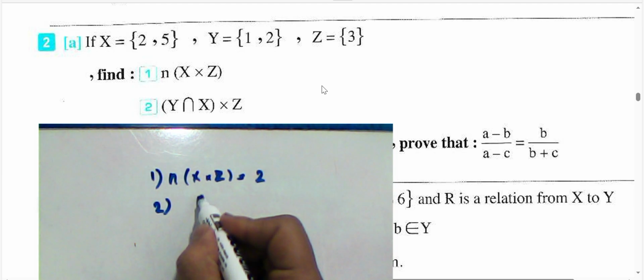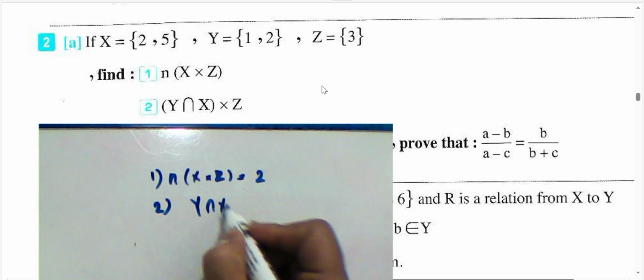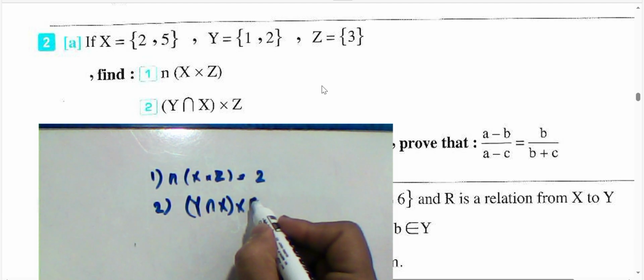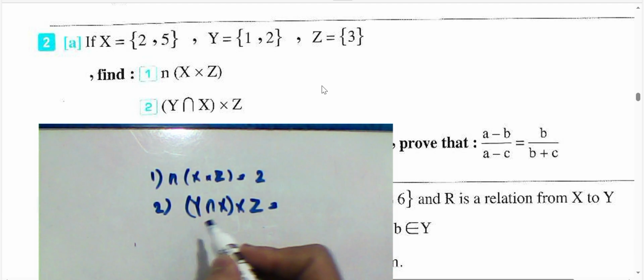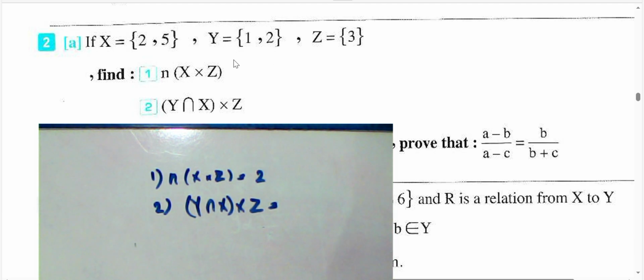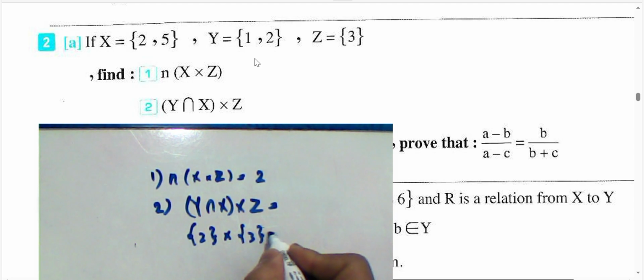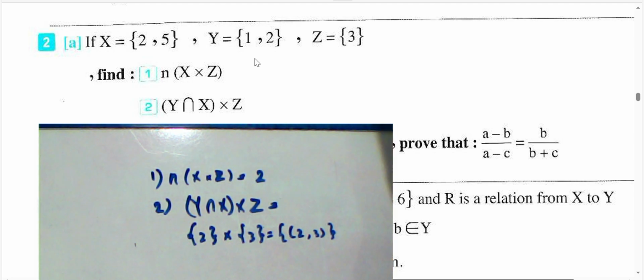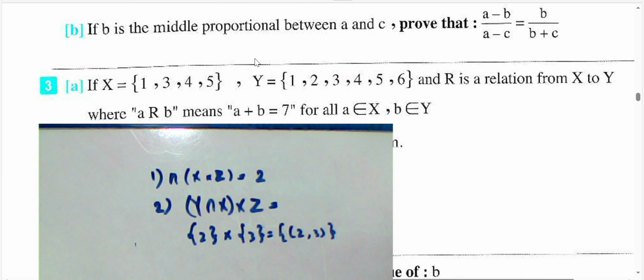And number 2, y intersection with x, Cartesian product with z. We have y and x, and the intersection between them equals 2. Multiplied by the set z, it is 3. The Cartesian product with order 2 and 3. Next example here. Letter B